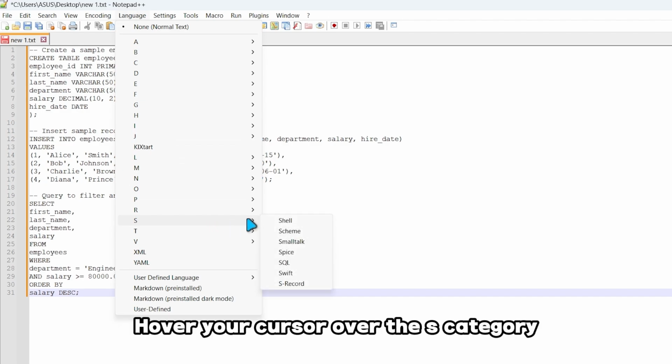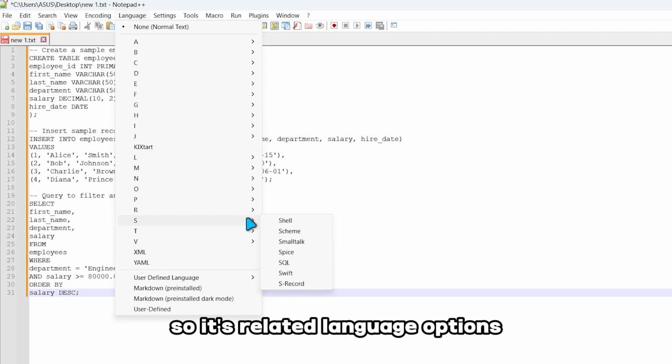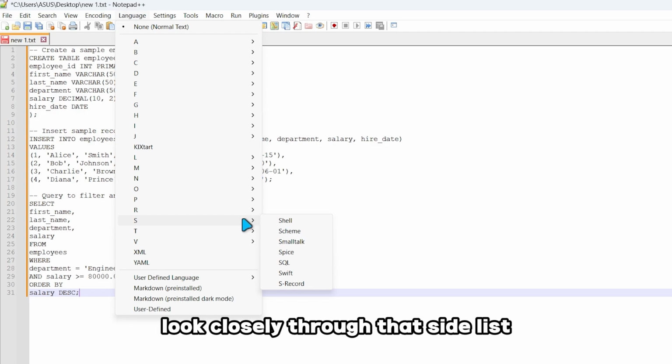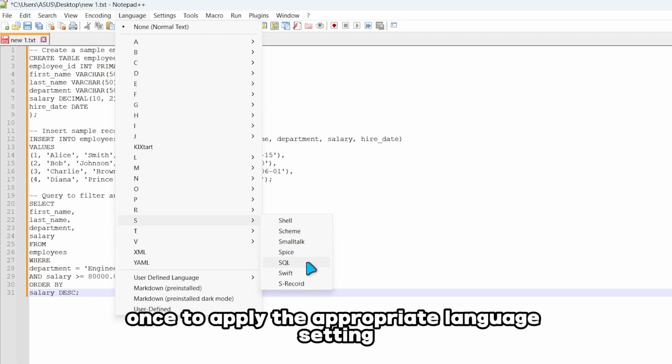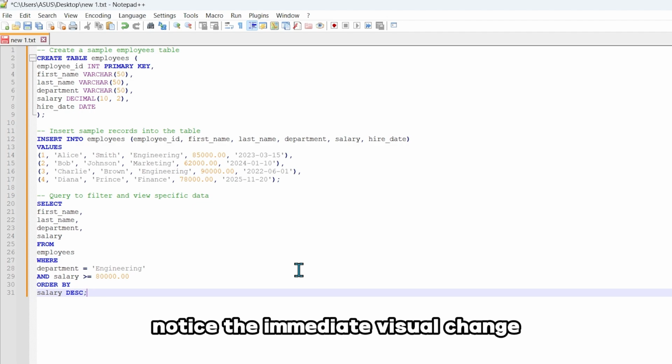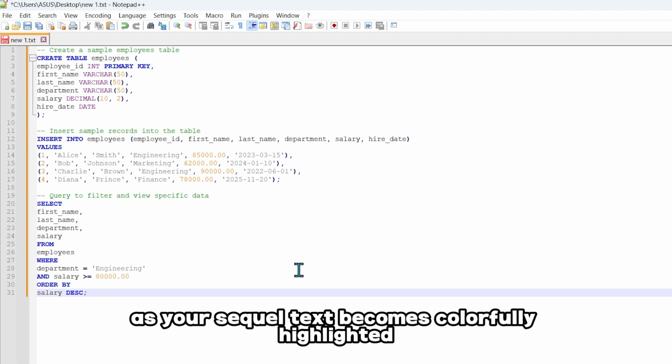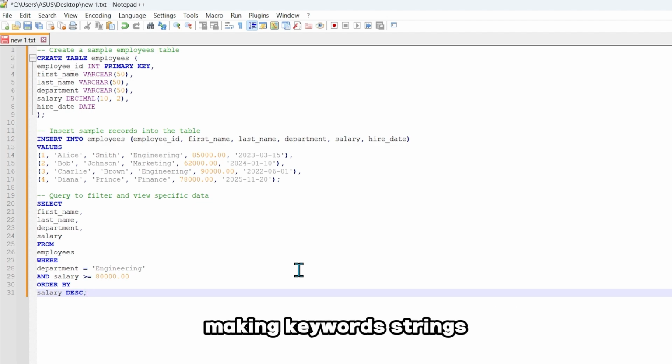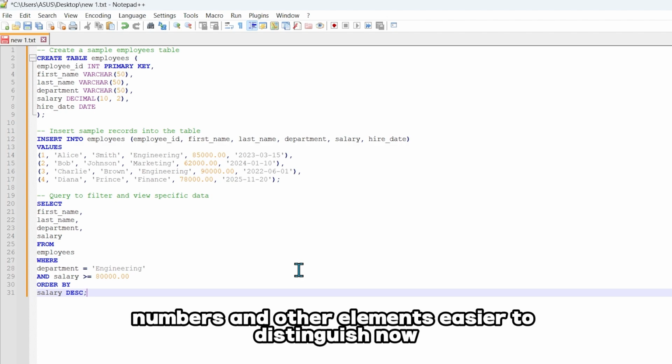Hover your cursor over the S category so its related language options expand into a side menu. Look closely through that side list and click the SQL option once to apply the appropriate language setting. Notice the immediate visual change as your SQL text becomes colorfully highlighted, making keywords, strings, numbers, and other elements easier